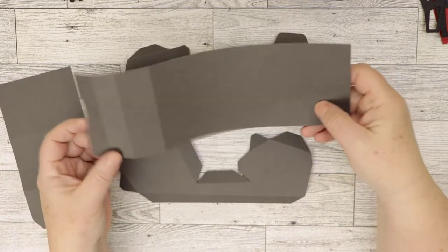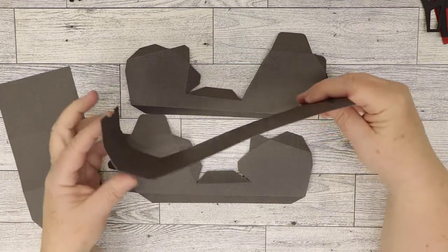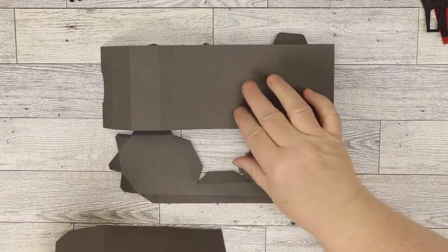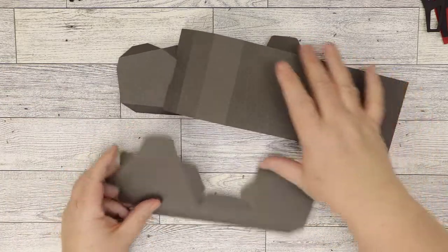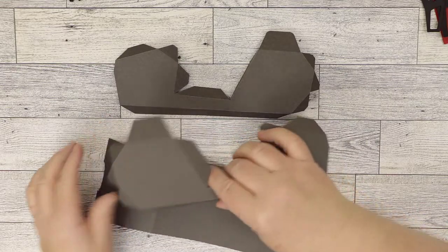So this is the piece you want for the bottom, with this little notch. This goes around the back of it. And then this piece is the inside, and I'll explain when we get there. So we're going to first put this piece on. We know this is the back, so it's going to go around right here, like that. So we're going to take this piece,